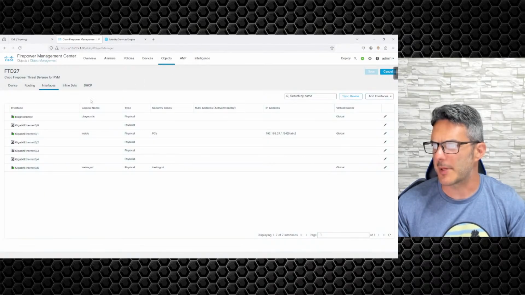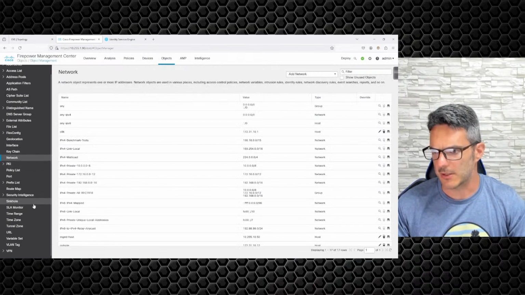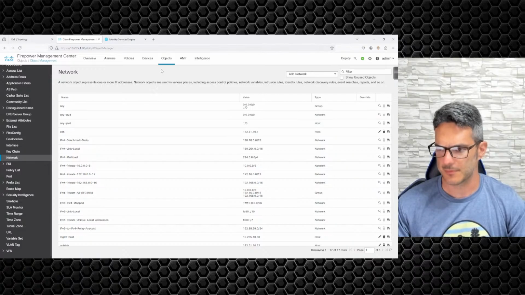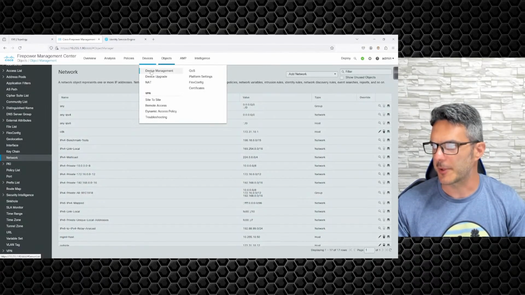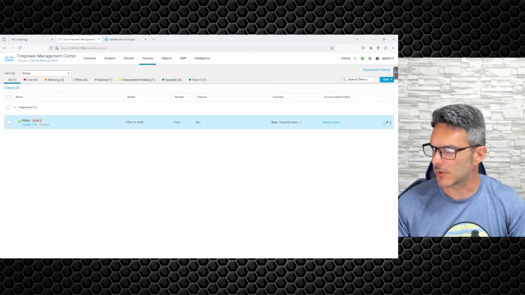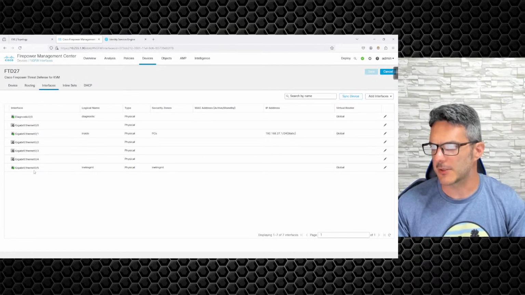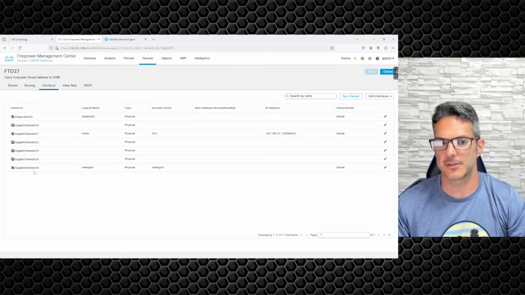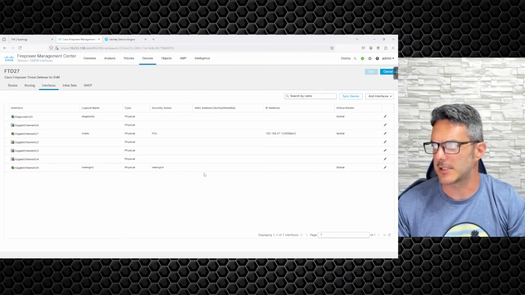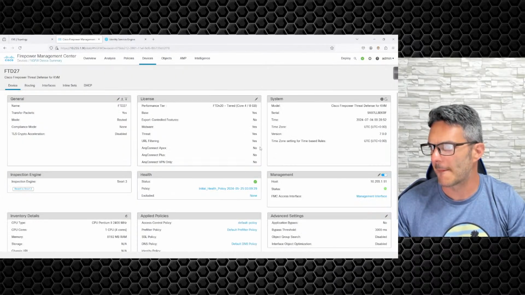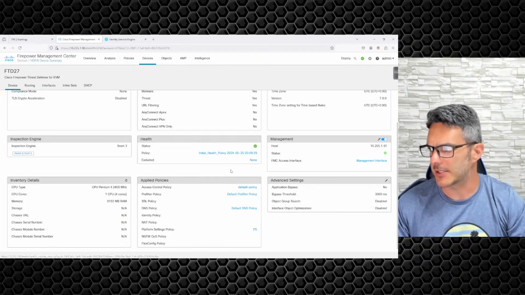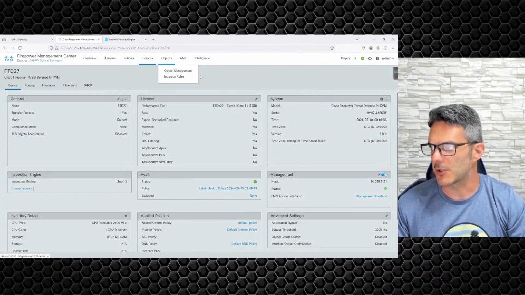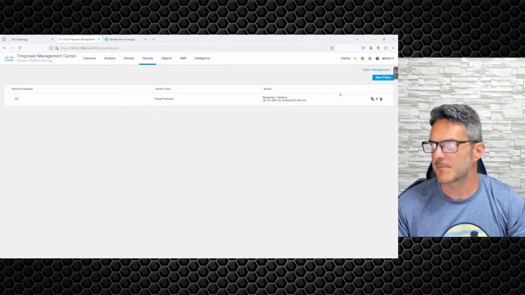But if you go back over here to object management, there is no security zone. So let's just go back over here to device management, and we'll go ahead and edit INET management. The interface is enabled. So I know we verified pings, right? That's the part that's a little trippy, is that it does ping correctly. So if you come over here to device, there's nothing over here that gives me any indication that anything should be wrong. And then if you come over here to devices and you go platform settings, and we edit this,